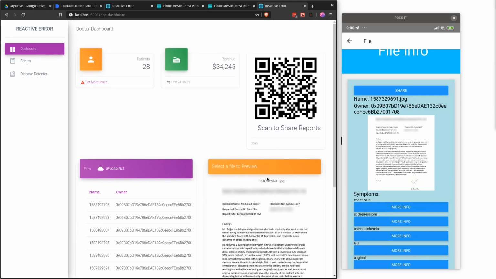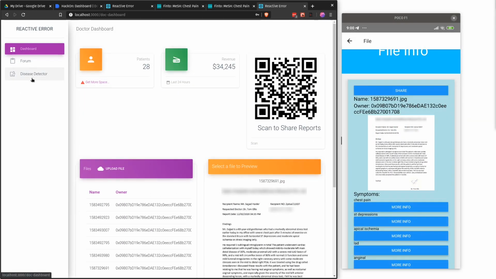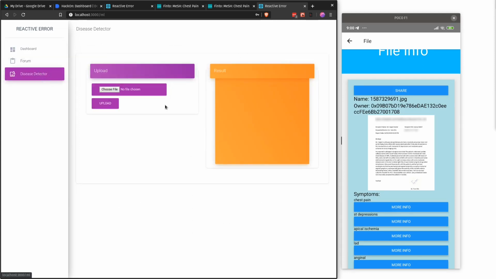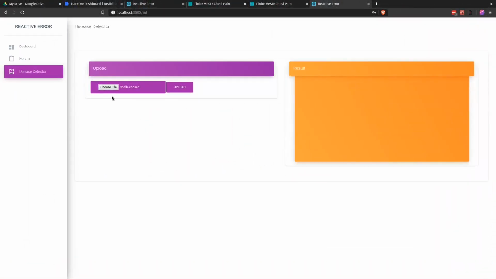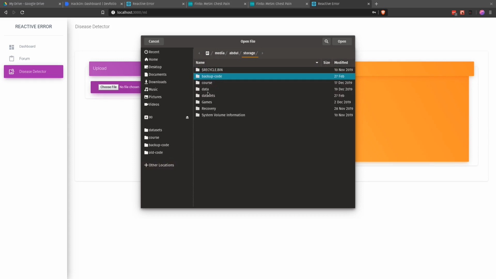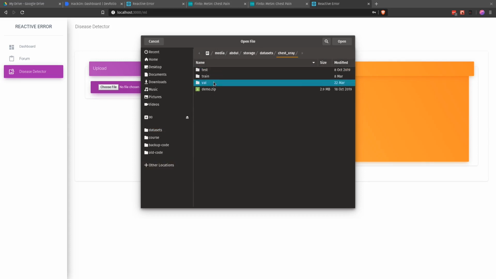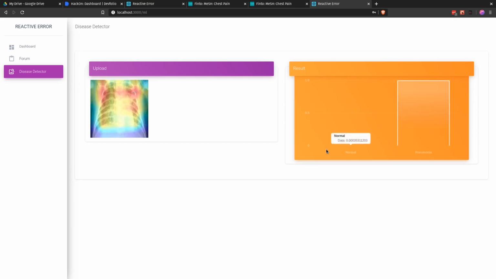Another feature of our medical healthcare record system is that we also have AI-based diagnosis. There's a disease detection section where you can do different diagnoses using ML and AI models. You upload all the reports that you want to scan. So, for example, an X-ray. Once I choose and upload an X-ray, it'll give me a report in a few seconds, and it'll also highlight the areas where it thinks the diagnosis is.